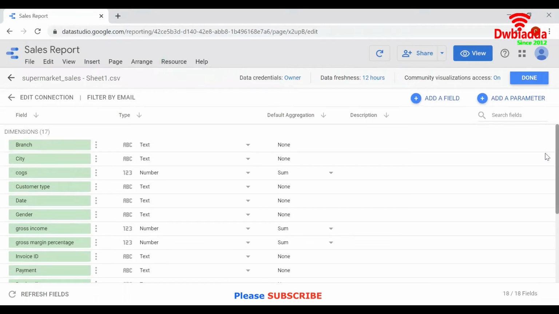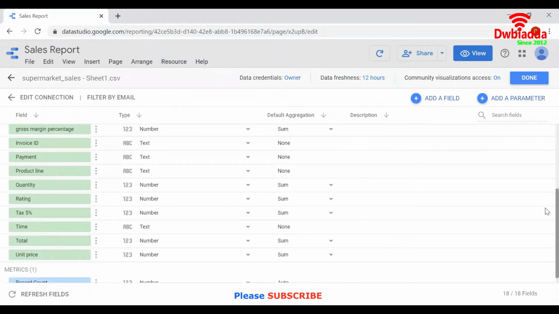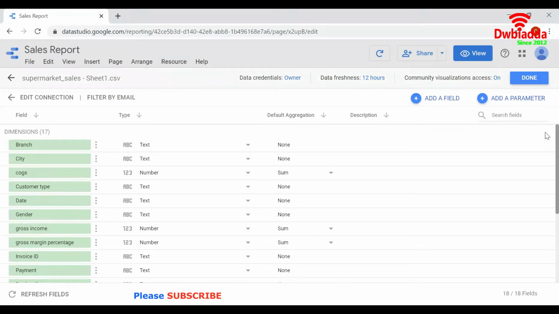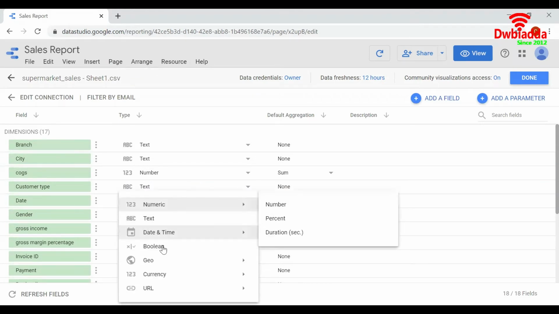This page shows the columns, data type, and the default aggregation of the existing data set. These are the columns, these are the data types, and these are the aggregations. We can change the data type of the column if required here directly.